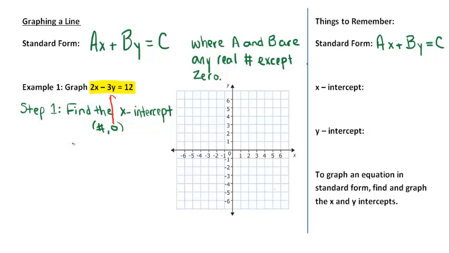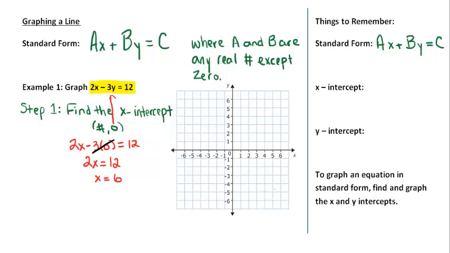So I want to replace or substitute 0 in for y. So I'm going to do that algebra now. 2x minus 3, instead of writing y, I've written 0, equals 12. And any number times 0 is just going to be 0, so I can eliminate that. And it makes my algebra really simple to just say I'm going to solve 2x equals 12,